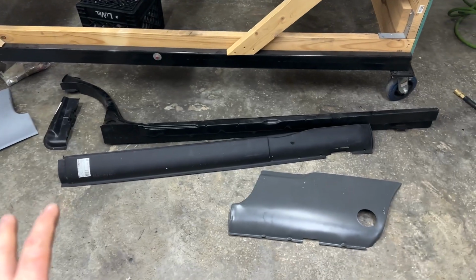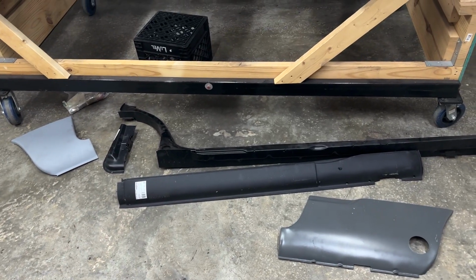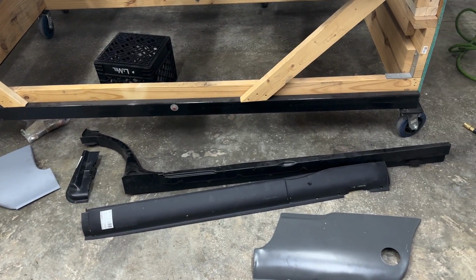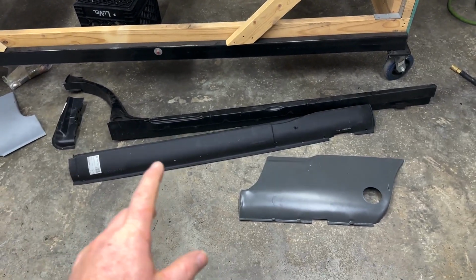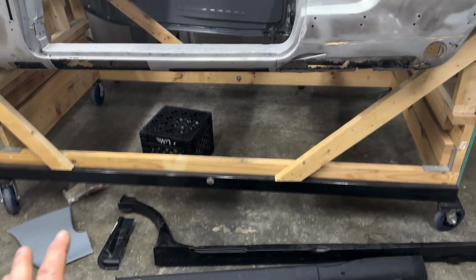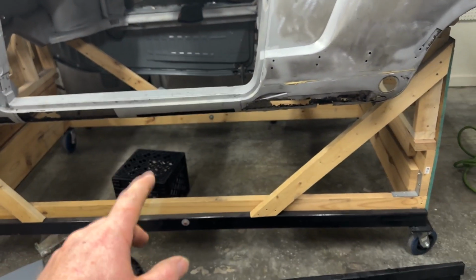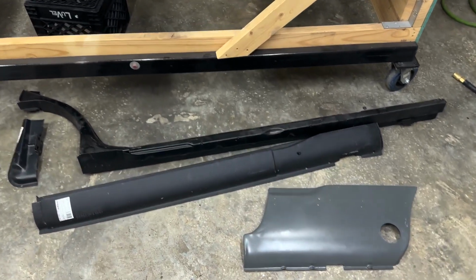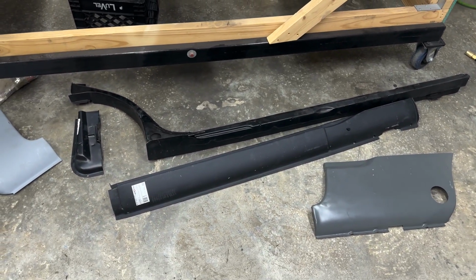This is definitely not one of those processes where you just want to jump in feet first and start getting after it and be like, oh, it'll be fine. When you're dealing with this much aftermarket and a very early car, that's nothing but problems. Okay, so